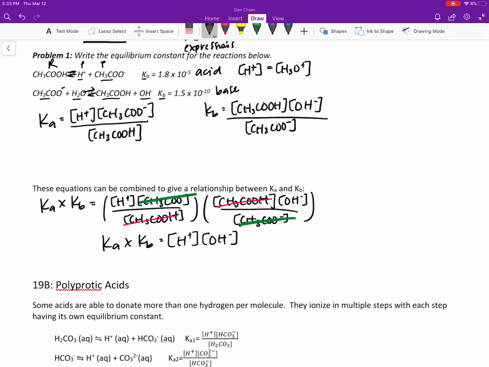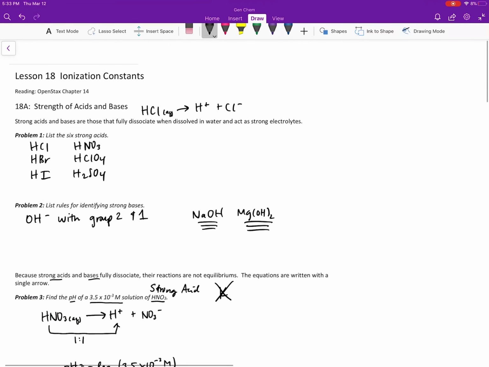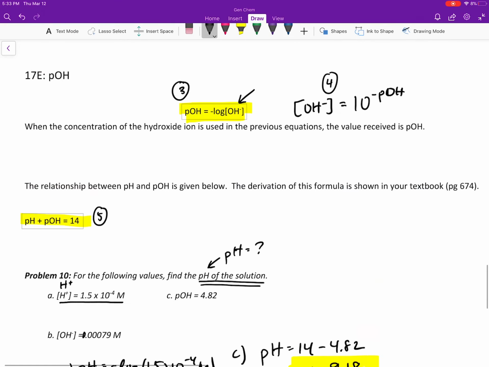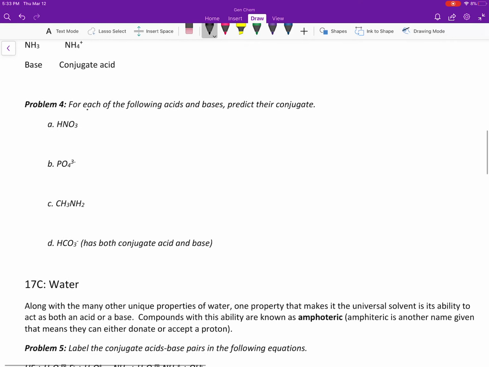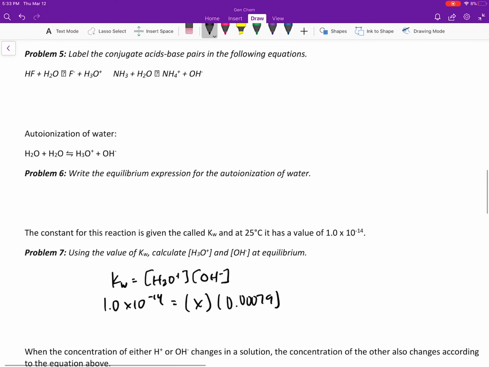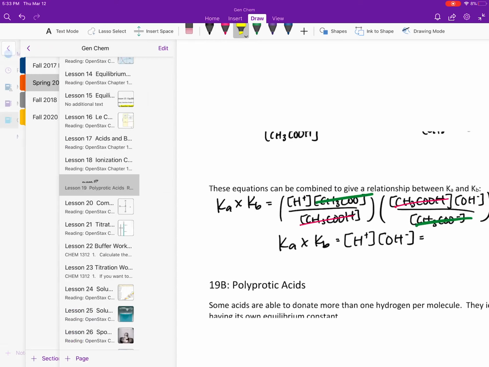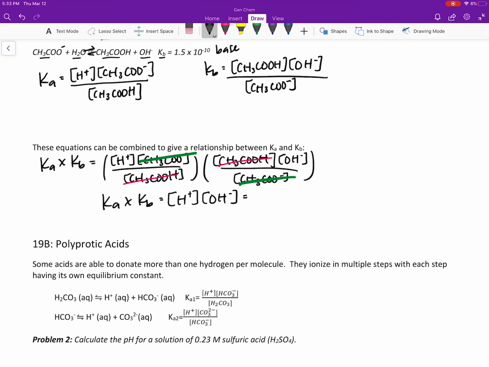And so if you remember back to lesson 18, I think that was this lesson. Nope, it was lesson 17. We had a formula in the very beginning, which I wrote on the board, but luckily it's here, which stated that the concentration of hydronium times the concentration of hydroxide was equal to Kw, a unique constant. And so lo and behold, when I take these 2 equations, multiply their Ka and the Kb,